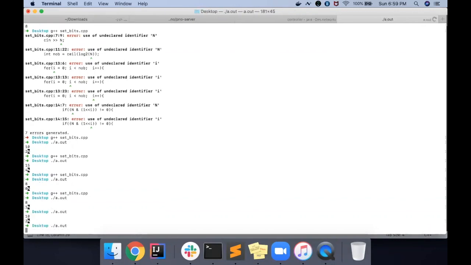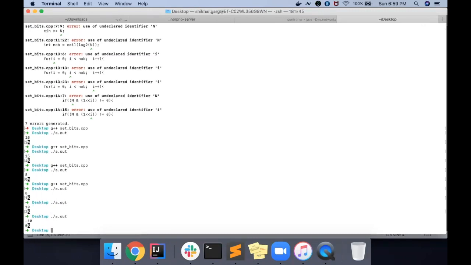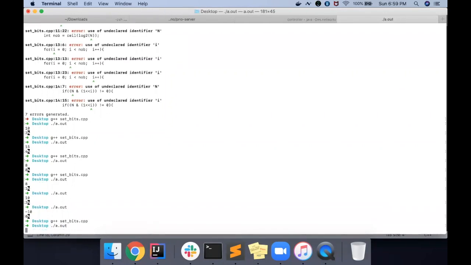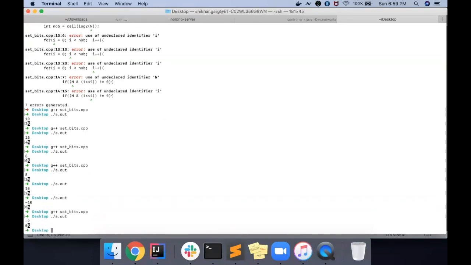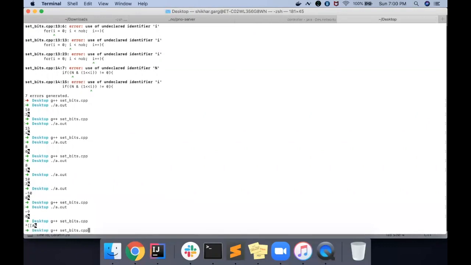So let's try a negative number. Tell me some negative number, minus 10. So the answer is 0. This is interesting. And we'll check. Okay, so I think minus 8. I think it is not working for any negative number. We again have to see.